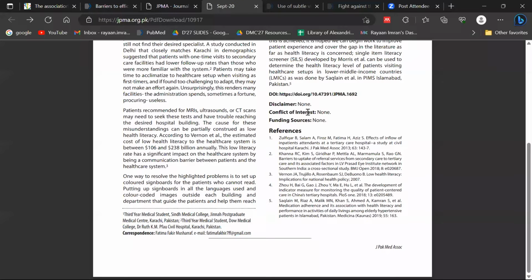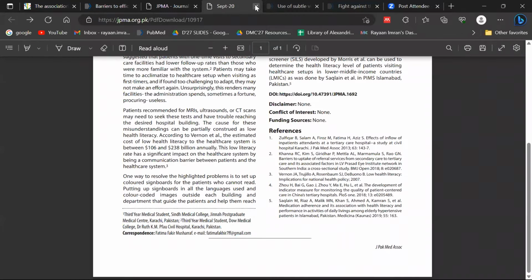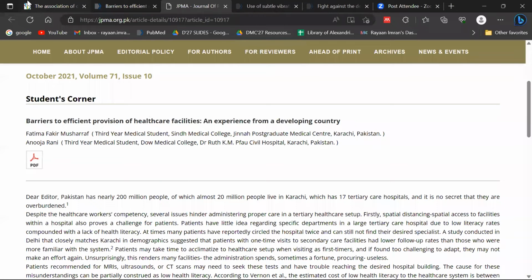You have to mention that it is vital to do so. If you do not, then majority of us as a starter, as beginners, we don't really have any conflict of interest. Funding sources आपको disclaim करनी पड़ेगी कि आपको पैसे मिल रहे हैं कोई कंपनी के लिए, आप कर रहे हैं कि नहीं कर रहे हैं. You point that out, and that's pretty much it. And the references part मैं आपको बाद में दिखाऊंगा, and at the next part. I think that is a huge breakdown of what this particular article is about.